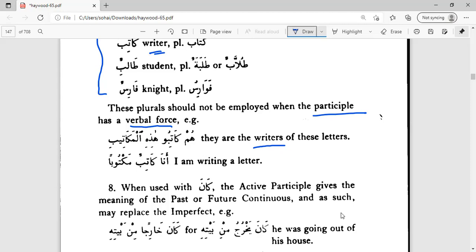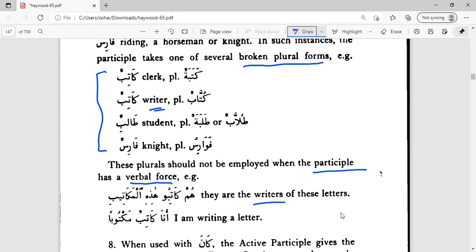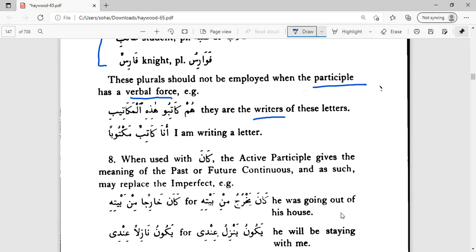So if you say they are the clerks of these letters, they are clerks, you say hum katabatun, right? But here you're using it as a verbal force, so you use it as hum katibu hadhihi al-makatibi. Or you say ana katibun maktuban, I am writing a letter. So basically here, this katibun,